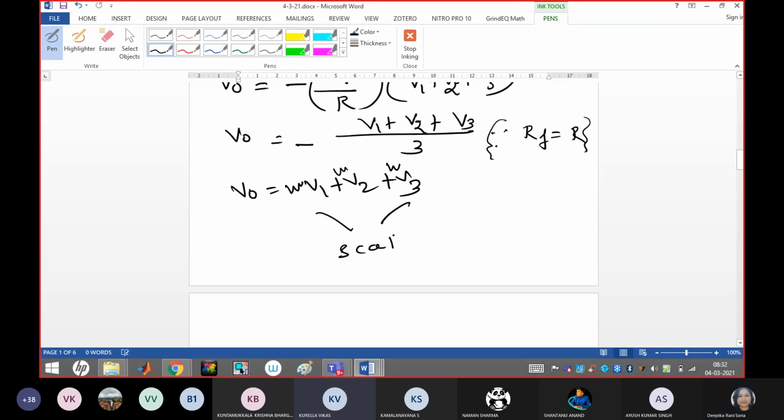Like in an exam, how can we identify whether the given circuit is a scaling amplifier or a summing amplifier? From the given RF and R1, R2, R3 up to Rn values. Suppose the question is to design a summer circuit. In that summer, you can take RF and all the input resistances so that it makes the gain 1. Are you getting it?